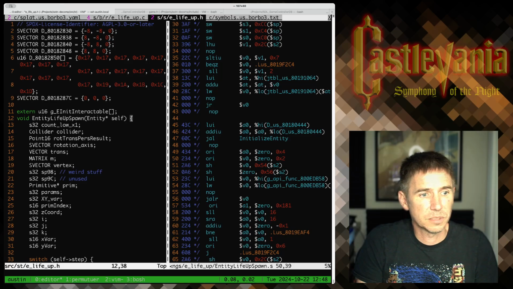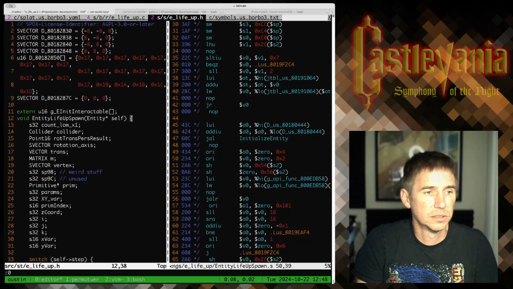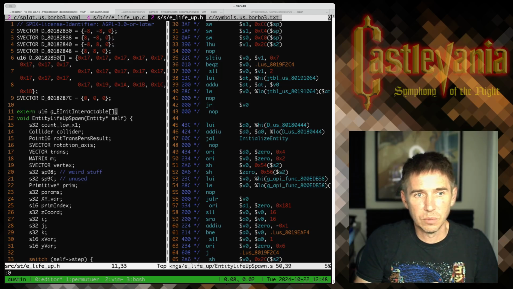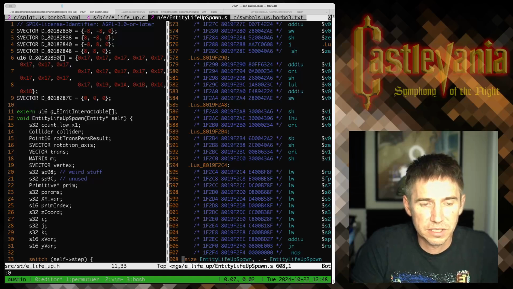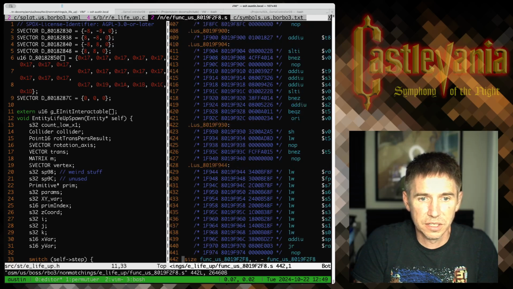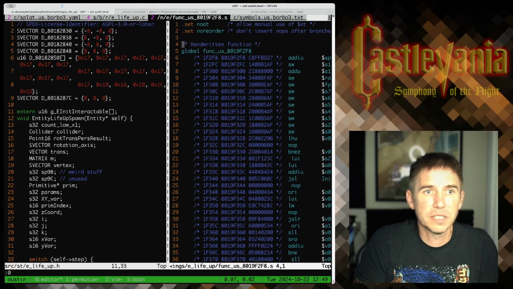Well, that wasn't expected. Life up only has one function. Oh, so this is actually an additional function that was being called or pulled into this, but should be split separately. So let's load that up. So this is its own thing, and this is a unique function to this overlay. So we need to do another split at